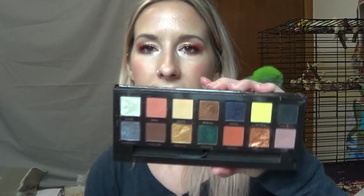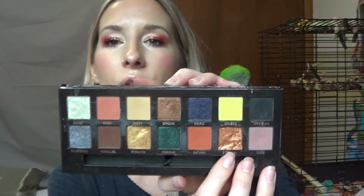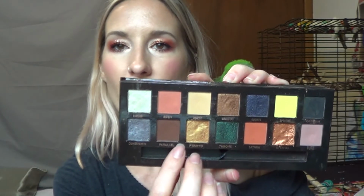The next palette that I thought, in my mind, is great for fall is the Anastasia Prism palette. Now I don't see very many people talking about or using this anymore, then again it is an older palette, but I think this is a nice palette. I don't even know what color you would take out, all these colors are great for fall. There's a nice mauve color, an orange color, a matte orange, a dark green, a gold, a brown, a purple, a bronze, a cream color,